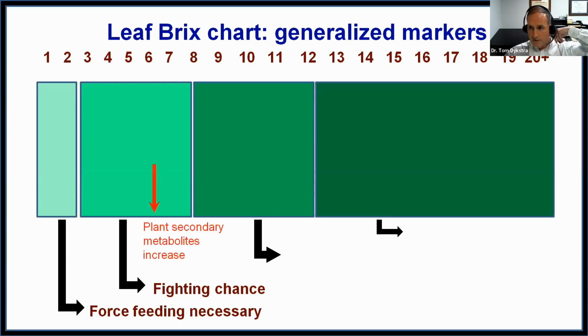But an important thing happens during this phase, and that is at about 6 bricks. The plant's secondary metabolites increase. So as you go from 6 to 7 to 8 to 9 and so on and so forth, you get a massive increase of plant secondary metabolites. These metabolites are adding color to the plant, smell to the plant, taste to the plant, which means if you have anything below 6 bricks, it's going to taste like cardboard. And so you're looking for something that's going to be at least 6 bricks, because that's going to give you the flavor and the look that you wanted, like some of the fruit that we saw earlier with Tom's presentation.